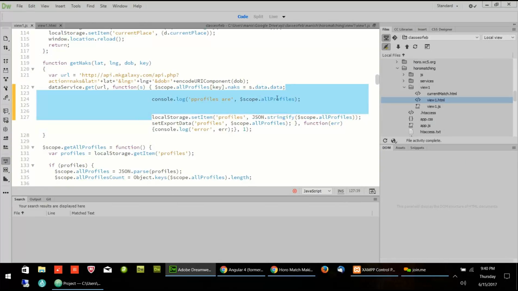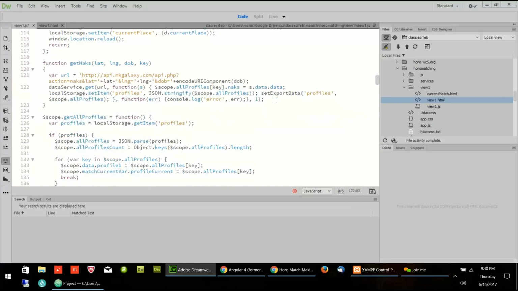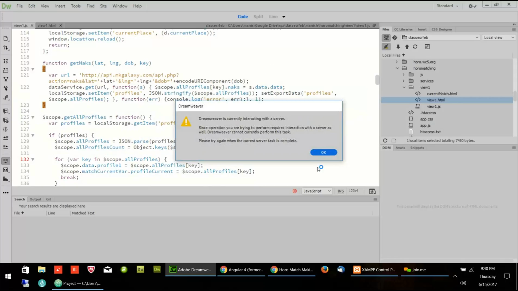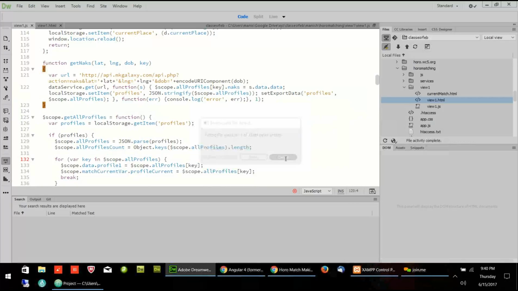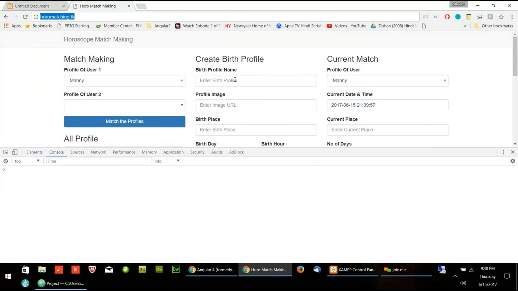Is there a way to see in the HTML and the console log at the same time? Putting it in the HTML, we can do it, but since it is an array, you will need some little extra work to see it in the HTML, and all things cannot be shown in the HTML. Few things you can see in the HTML. So when developers work, they don't see in the HTML, they try to work in the console.log only.